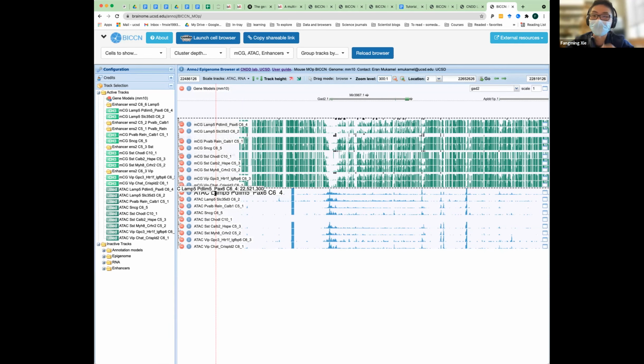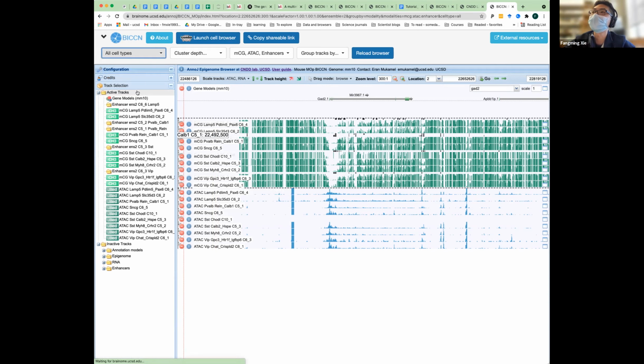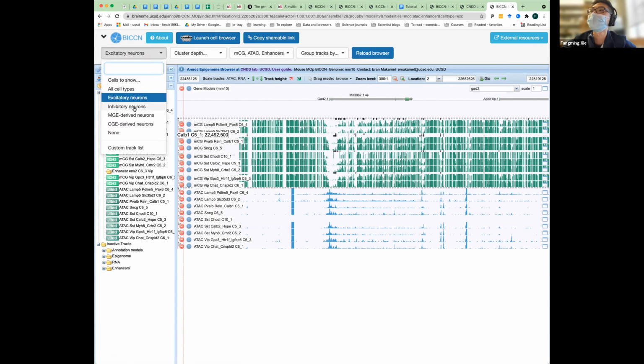But you can control all of these features by selecting on the panels right here as I'm pointing to. Here you could choose cells to show. You could show all cell types in MOP, or only excitatory neurons, or inhibitory neurons, or MGE-derived, CGE-derived, or none of them, or you want to generate some custom tracks. Let me just give you a few examples.